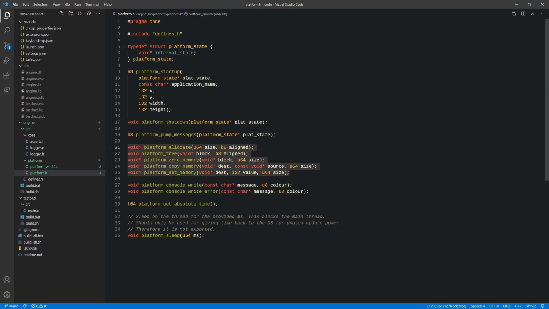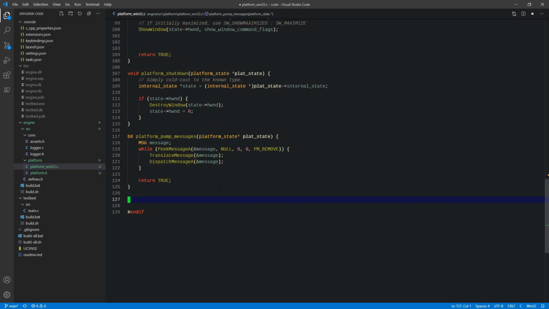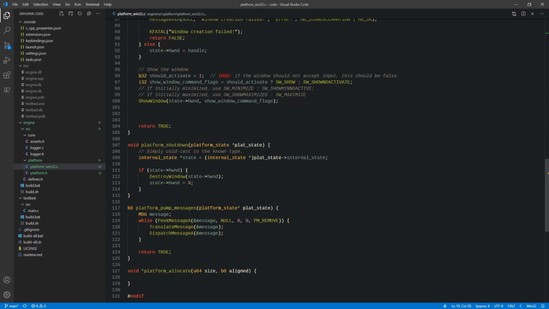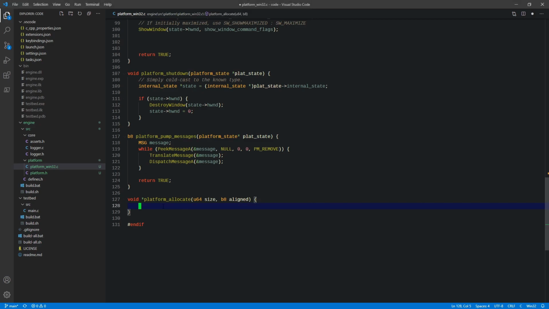these platform allocate, free, zero memory, copy memory. Now, at least in the beginning, the way that we're going to do this is we are simply going to call methods that are in the standard library. So we're actually going to need to include standard library. And for now, we are just going to return